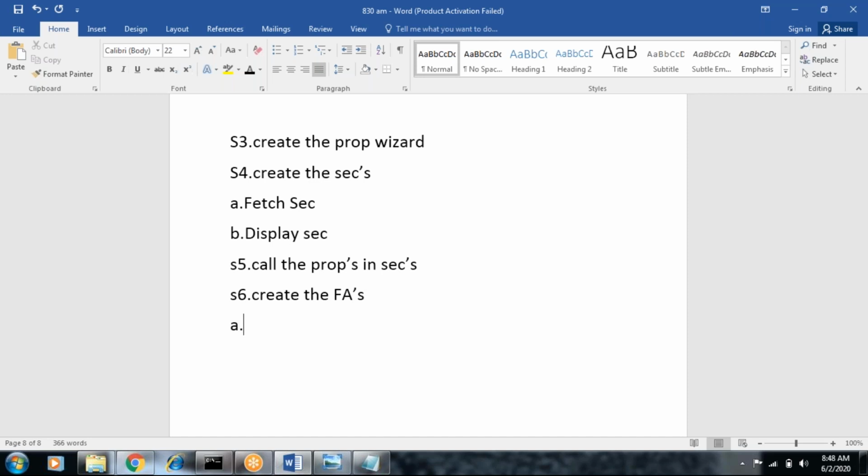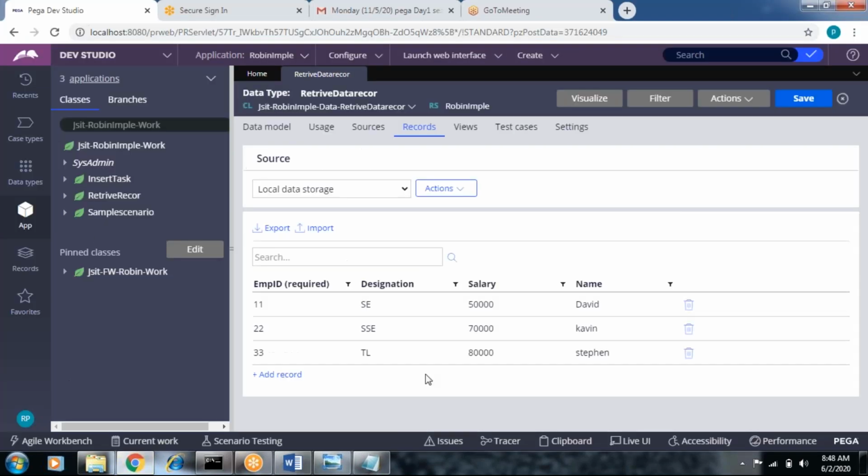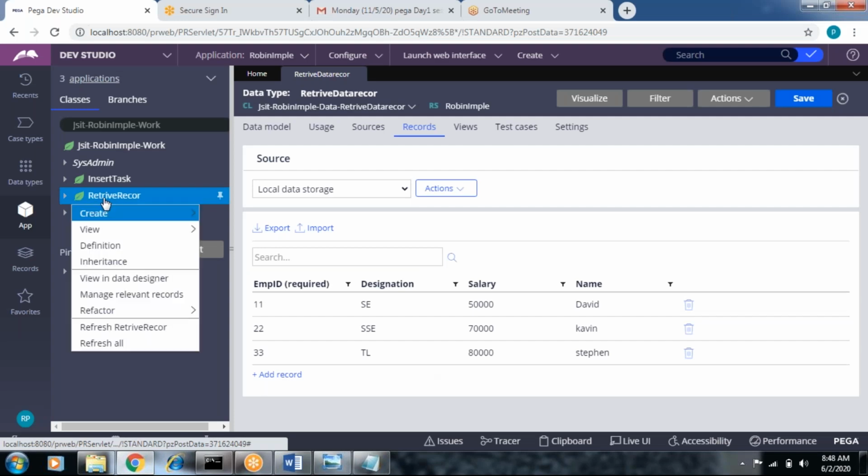The first play action is the pitch play action. The second play action is the display play action. Step 7 is call the sections in play actions. Let's go to right click, retrieve, right click, create.